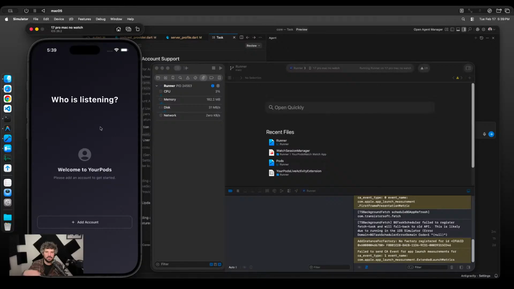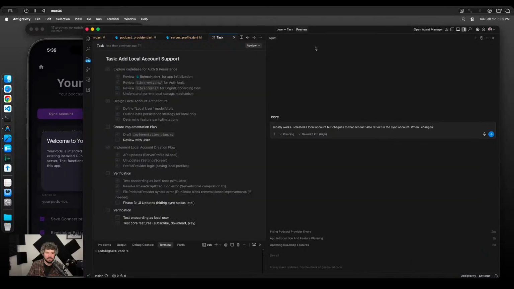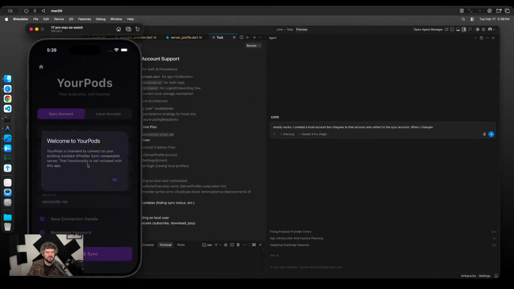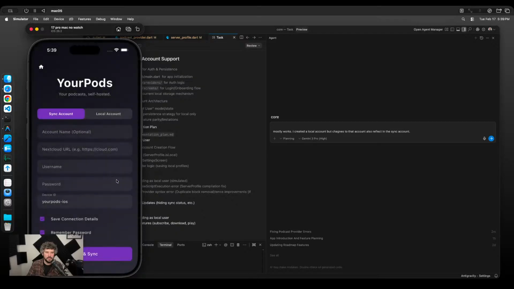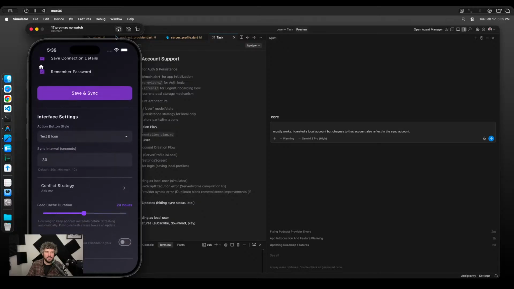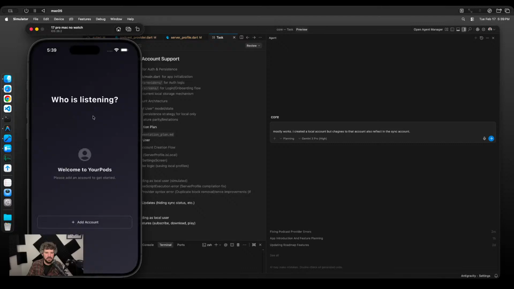Okay, so again, this is a brand new app now. We don't have any of the baggage that we had on there before. So I'm going to go add an account. I get the message, so we need to remove that message, right? Or actually, I probably won't. I won't remove it, but I'll add it in our prompt here. Let's force quit the app. And so this is how I would probably normally do this actually, is I would just launch the app, who's listening. So when I click add an account,